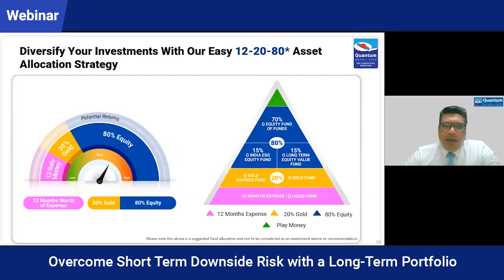Thanks, Ghazal. Chirag, this is a question of fund of fund again. Now fund of fund invests into other funds, so obviously there will be an expense cost of the underlying funds and what Quantum Mutual Fund charges. So we charge around 0.51 on that. So as an investor, should he first go and directly invest into those funds? And secondly, can you brief our investors on the amount of research, the time, and how he can benefit by investing into fund of fund, and also by allocating that 0.51 cost?